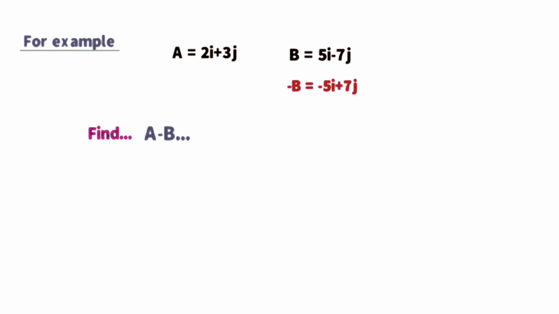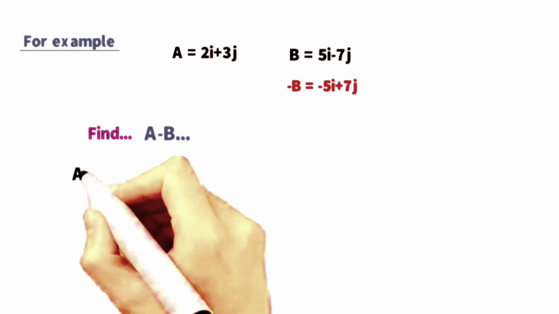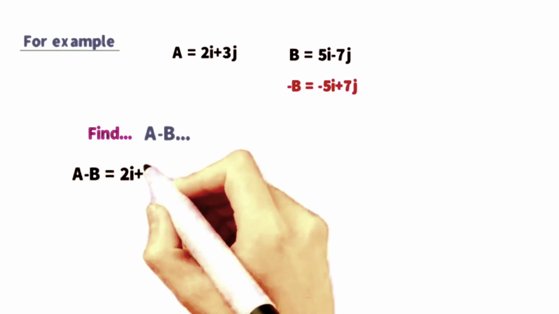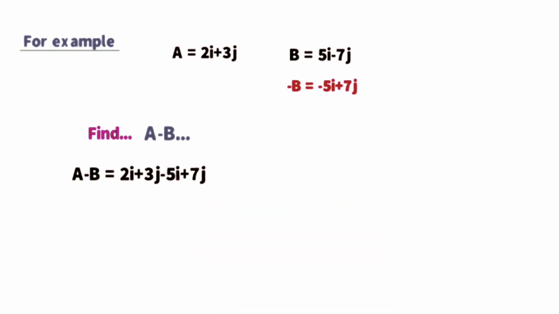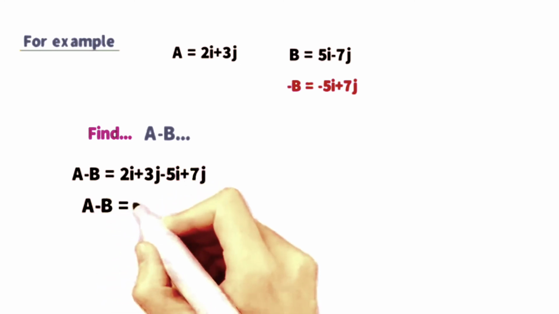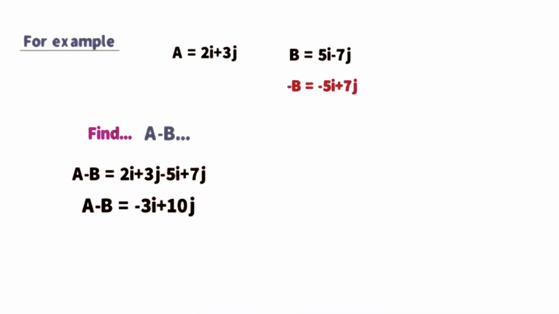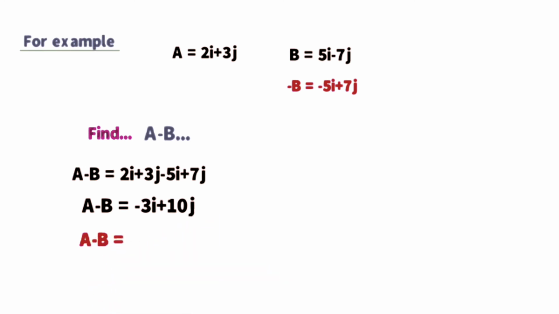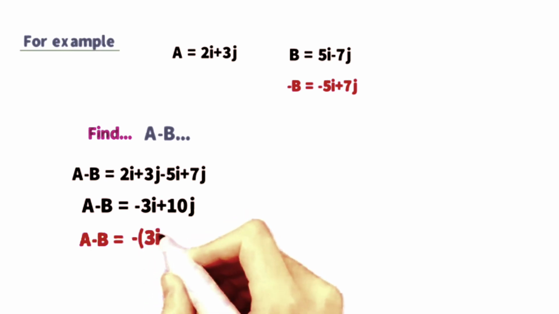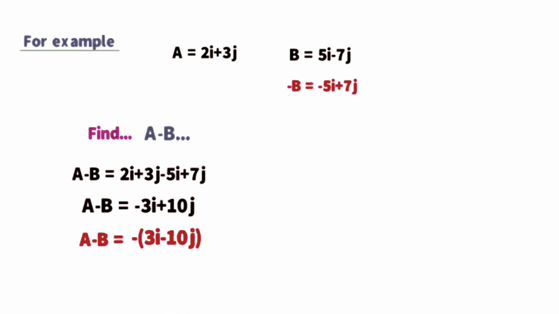And here I am finding a minus b is equal to 2i plus 3j minus 5i plus 7j. And I am getting a minus b is equal to minus 3i plus 10j. And a minus b is equal to, taking minus as common, minus of 3i minus 10j. Now if someone is asking me to find b minus a, remember here I need the negative vector